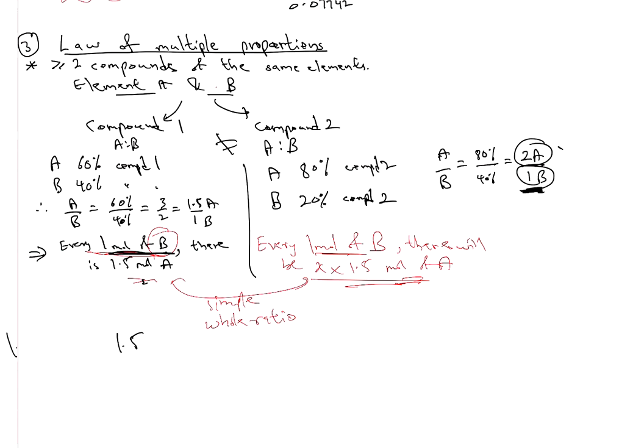We are taking 1 mole of compound B in both the cases. So A in the first case was 1.5, A in the second case was 2. And if you take the ratio of these two, then 1.5 to 2,